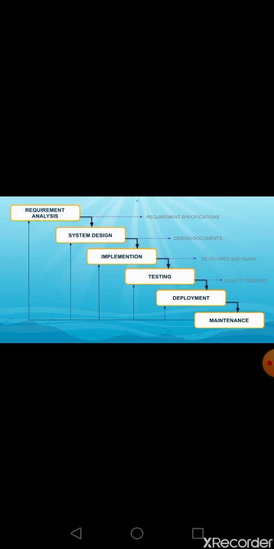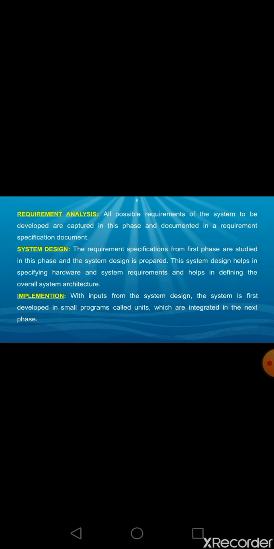Meanwhile, if any requirements change, then the project moves back to the requirement phase and again has to cascade through all the phases. Similarly, if the design changes, then the project moves back to the appropriate phase and cascades the system design again. So, this is how the waterfall model of software development works. This is a small description of the stages of the waterfall model.